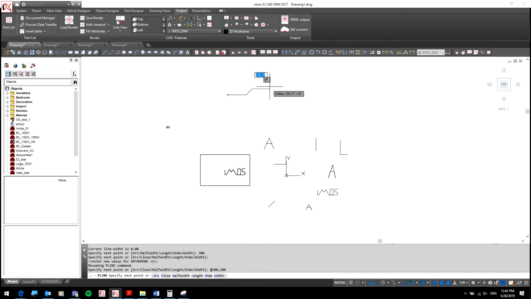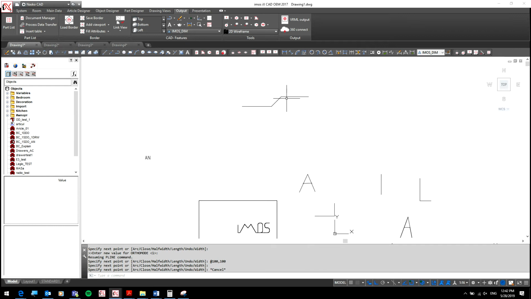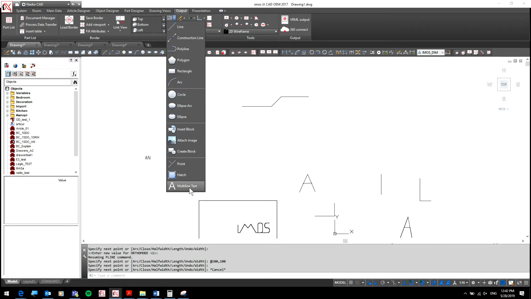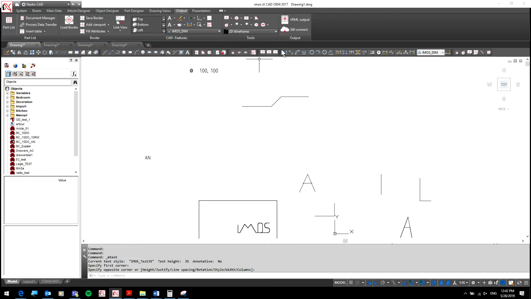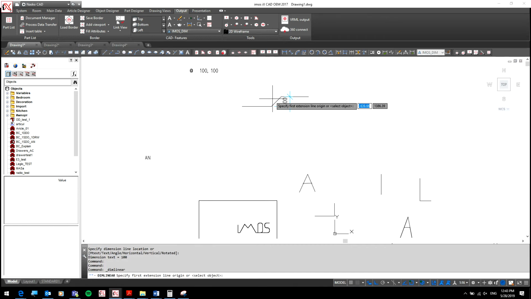And what will happen if I put, are you watching? So if I put 100 and 100, it will make this line from here to here 100, and from here to here 100. Okay, right? So what it does actually